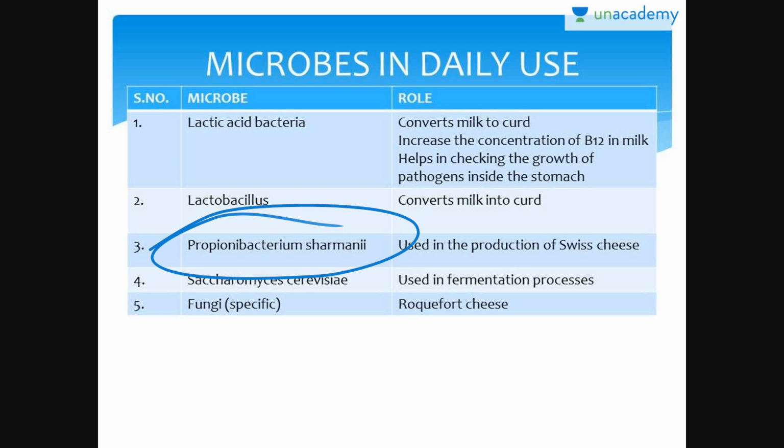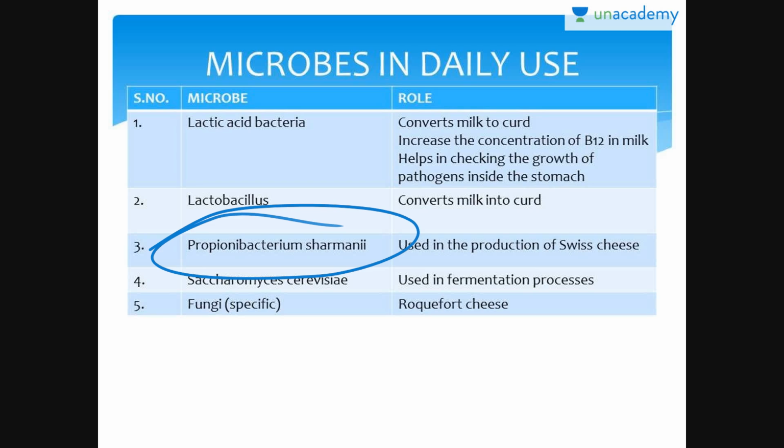I am sure every one of you has seen it, and if you haven't, then you must Google search Tom and Jerry and see the cheese which Jerry eats in that cartoon. So that is the cheese which is made by the bacterium Propionibacterium shermanii, which is also called the Swiss cheese, which gets its characteristic holes by producing a large amount of carbon dioxide.